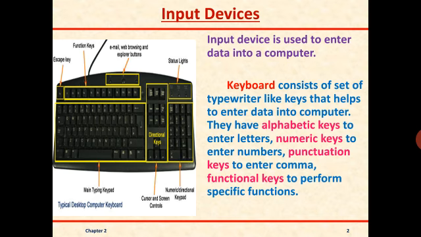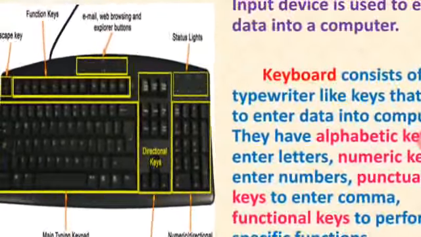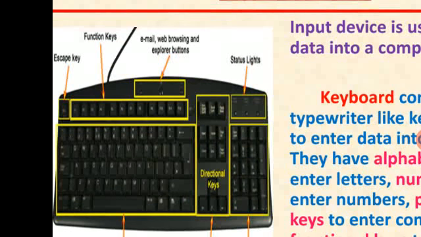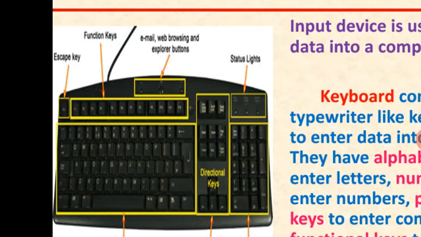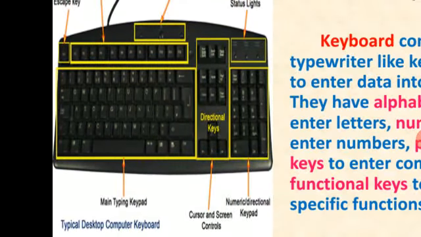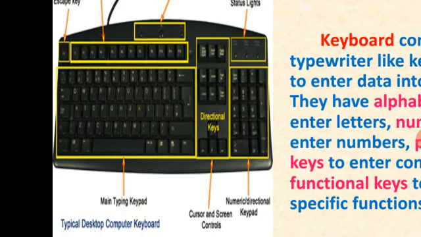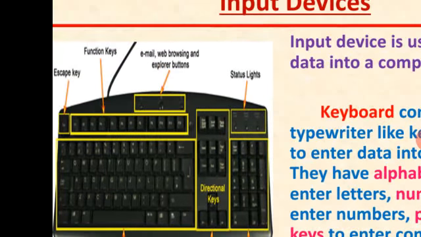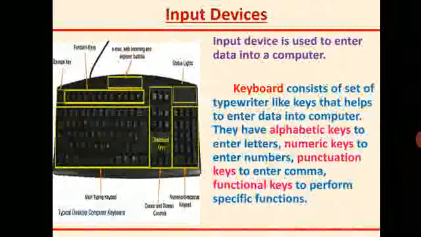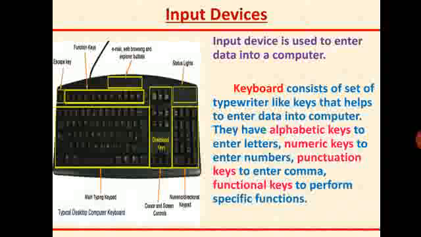Here in the diagram you can see the functional keys are shown at the top corner. Then numerical keys you can see, it is marked here. Similarly, alphabetic keys are there, escape key is here. So like this we can have different types of keys on a keyboard. What is the use of keyboard? With the help of keyboard, we can enter various characters into the computer.